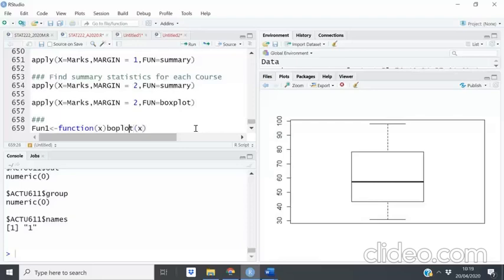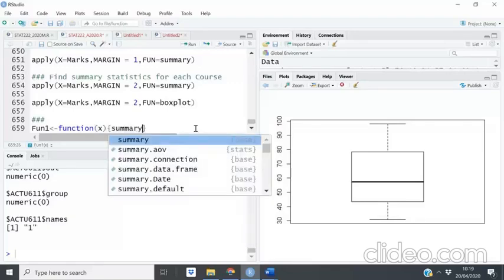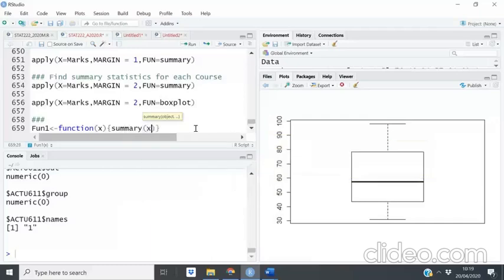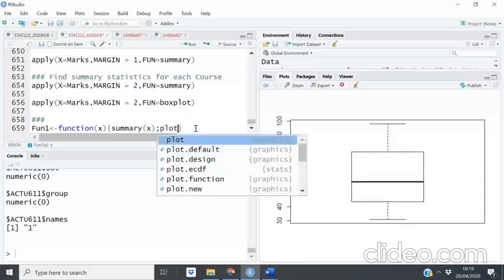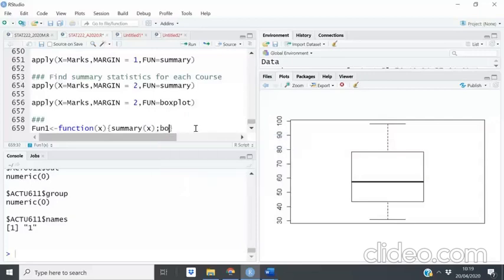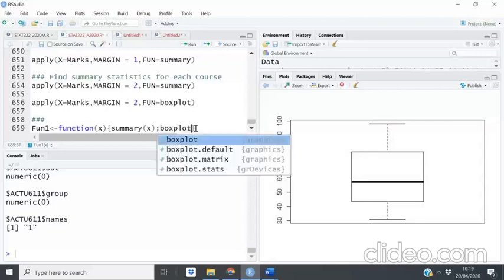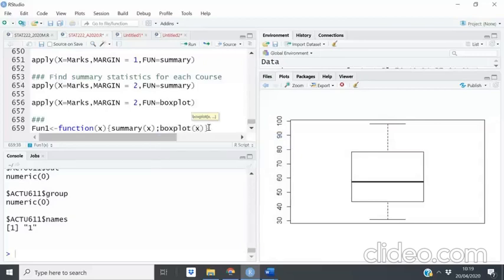Sorry, box plot I did not. Okay. So here, because I'm writing my own function, I can even do two of them. So I may want the summary statistics of x, and then when you finish, I can also say plot or box plot x. So you see, I have now written my own function, and I can call this function to compute these items